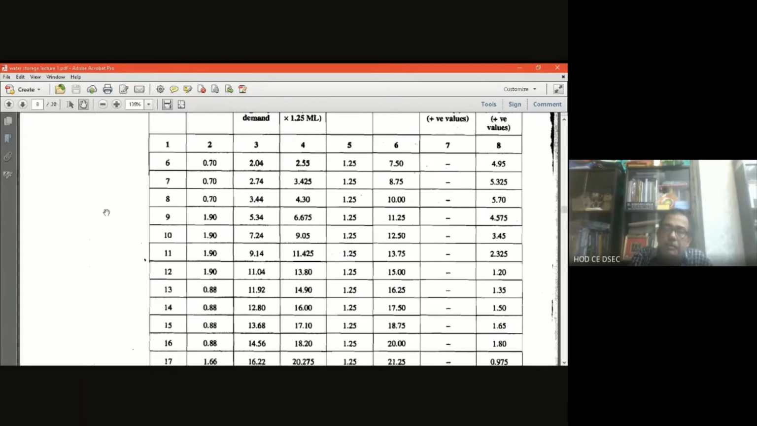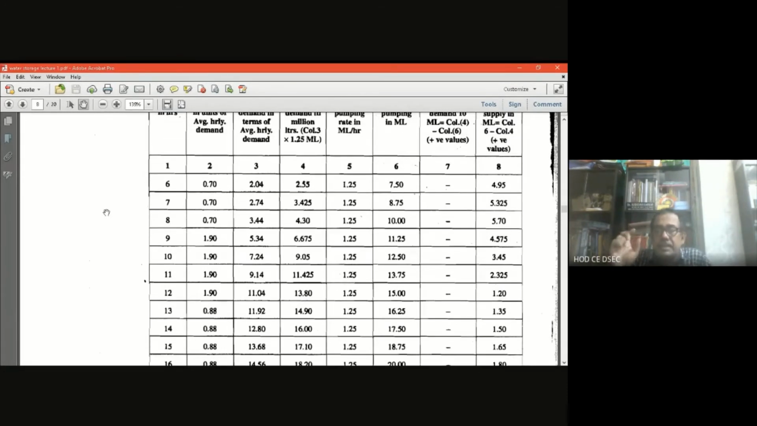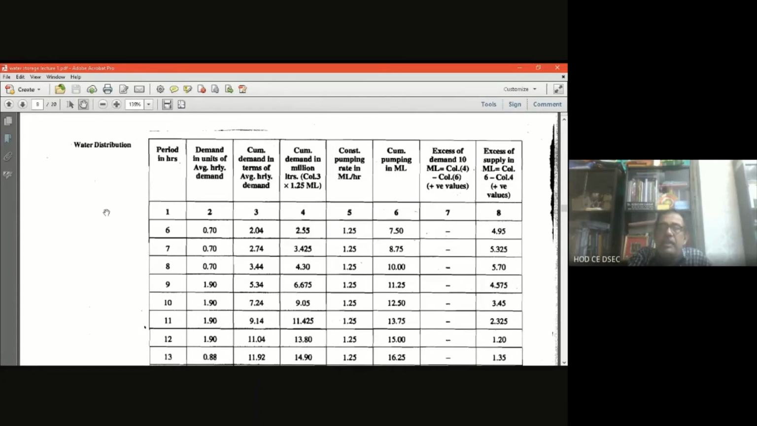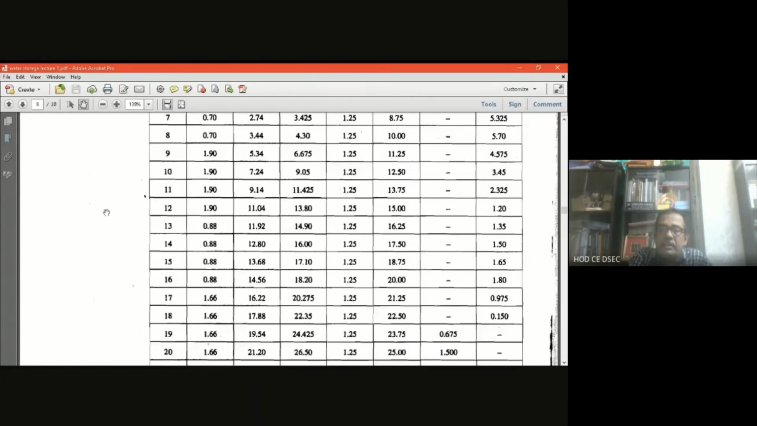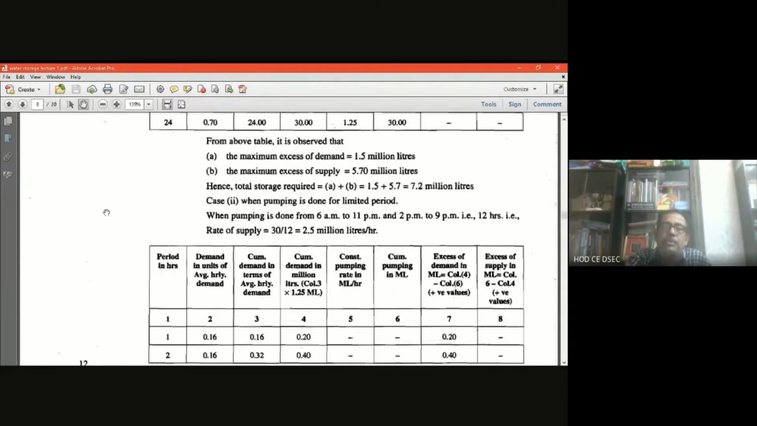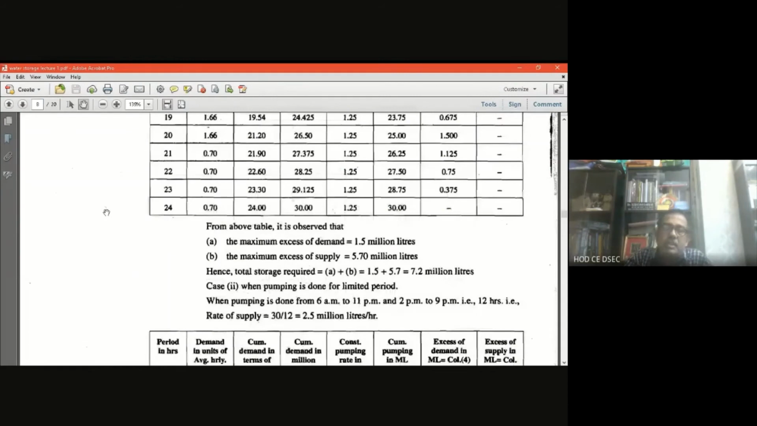The concept is the mass curve, the maximum ordinate in respect of the excess supply and in respect of the excess demand, as I have explained to you in the graphical representation. And here in the numerical part, I am also saying the maximum ordinate means we will choose the maximum value of the excess supply, that is one ordinate, and excess demand, that is another ordinate. So one maximum demand and another maximum supply, we have to select from the tabular value, which is 1.5